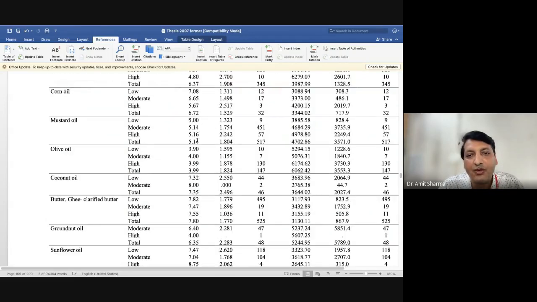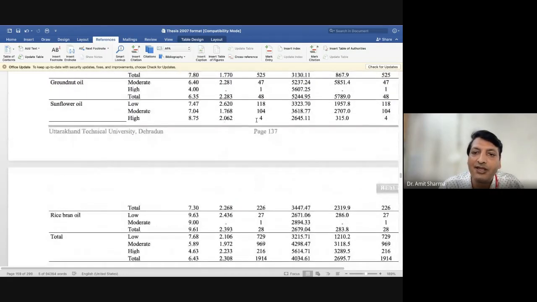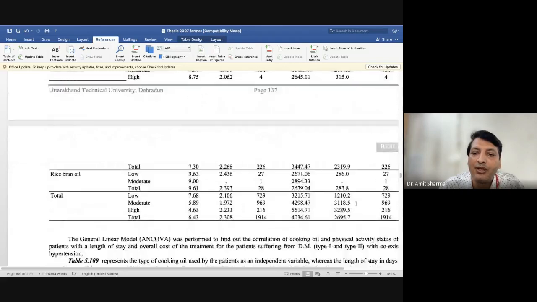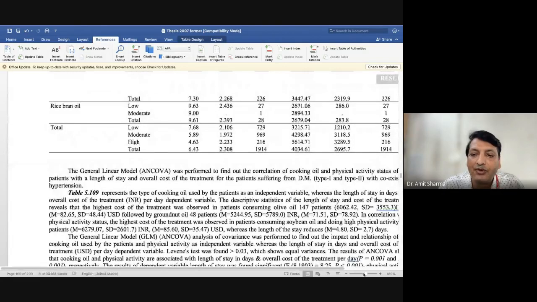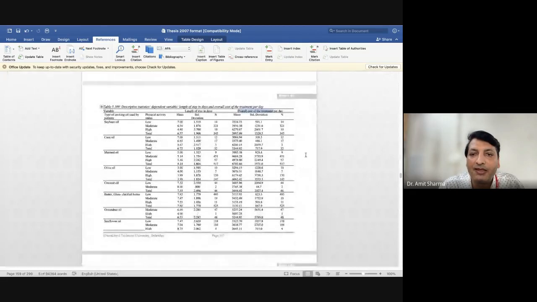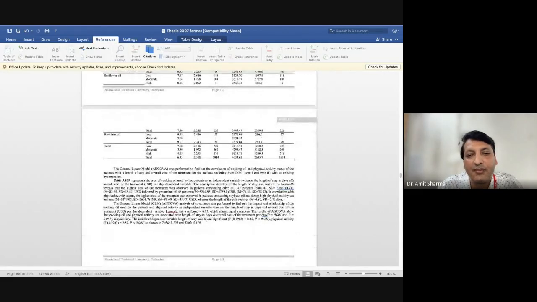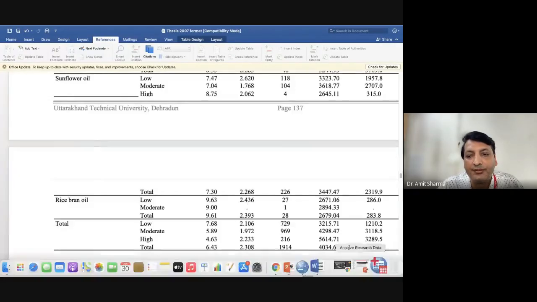In SPSS you are going to get two tables, and it does not matter while writing the thesis if your table goes to a second page. In most of the cases, we try to keep our table on a single page only. But if not, then it will go to the second page. We are not bothered that much, but we try to see whether the table looks better in landscape or in vertical orientation. So according to that, we can choose the layout.